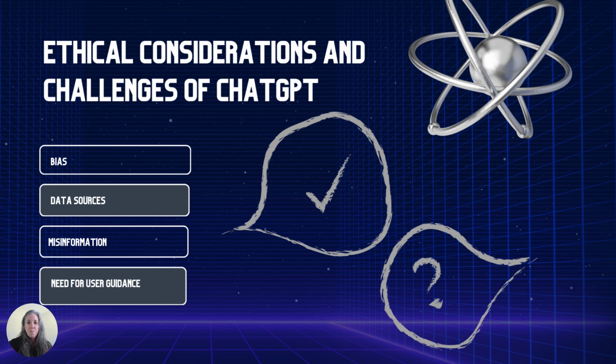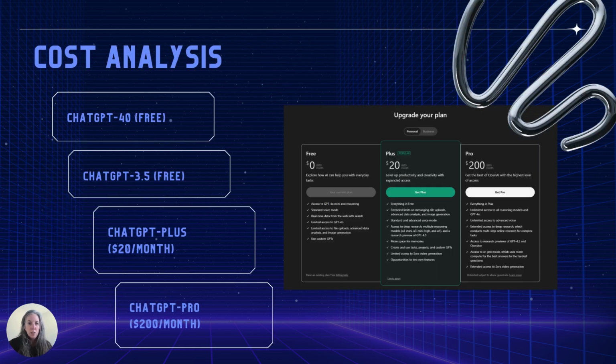Let's see. So cost. The free version, you get a certain number of prompts per day, all listed here. The ChatGPT 4o gets 10 prompts per day. The 3.5 version, you get 20 messages every 3 hours. That's also free. And then there's some other additional programs that you can pay for if you needed more